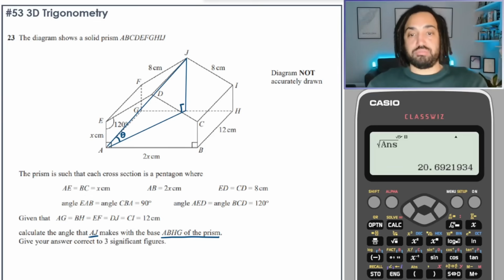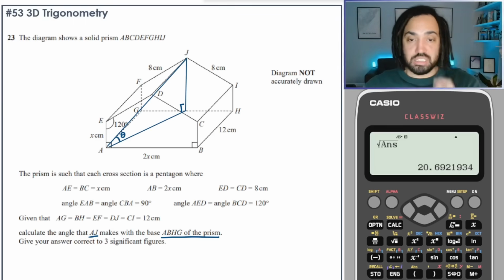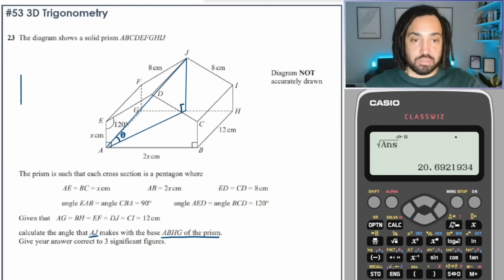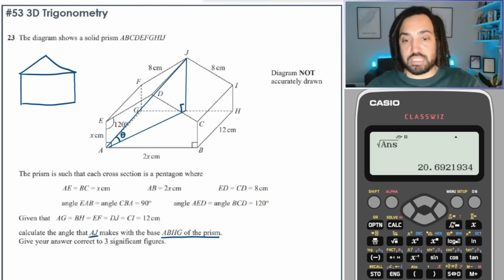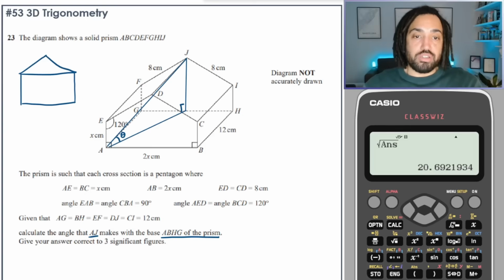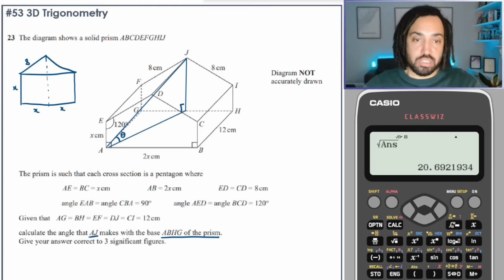Okay, so we haven't got much information to go off yet. If I just draw out this front shape like this, then hopefully we can work out what x is. So if I just draw a dotted line like that, we have x and x there to make 2x along the bottom. We've got x here, we've got 8 up here,